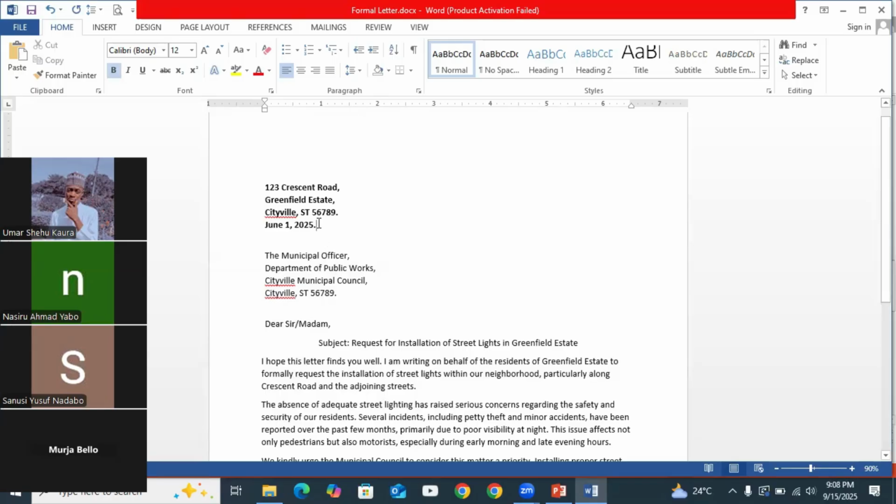We use Control C when we want to copy something in Microsoft Word. Like, say I want to copy this text. Maybe I want to copy and paste it somewhere. When I press Control C,